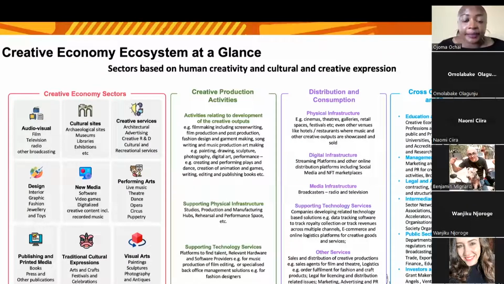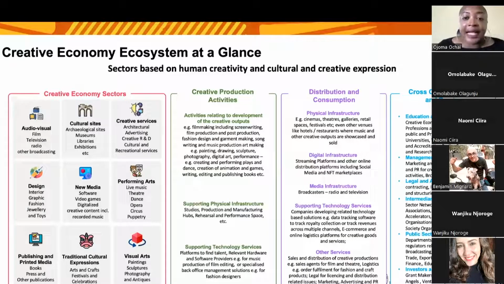There's a second set of activities that are broadly categorized as distribution and consumption. Those are activities that help you when you've made a product like a dress, or you've made a product like an online platform. How do you get it to the consumers that use it? And that's so important, because you're not running a business if you're not able to create something that people are buying and paying for. So there needs to be a channel through which it goes from your store or from your laptop where you've designed it to the actual user.